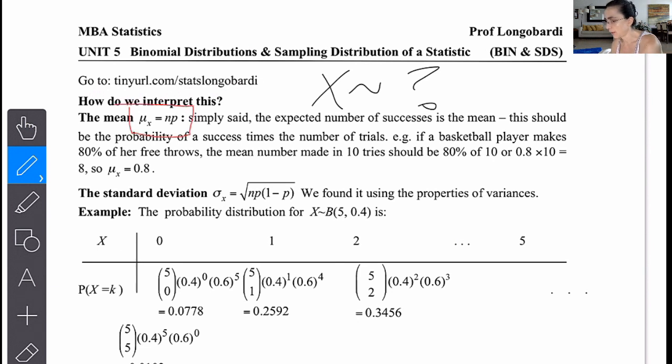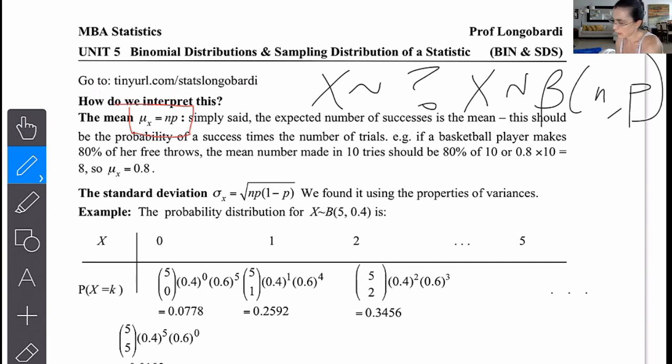Now, how did I get that? Okay, remembering that for x, where x is binomial, we already know the distribution, so what am I talking about, right? We already know x is binomially distributed, but what I'm interested in knowing is,